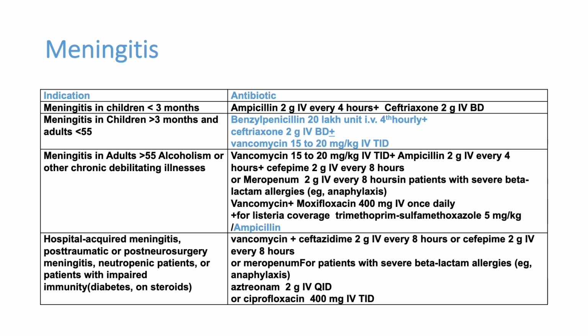Recent guidelines say vancomycin can be given along with ceftriaxone. Vancomycin with ceftriaxone instead of penicillin with ceftriaxone. If the patient is having extremes of age like a very young child or a very elderly individual, we have to suspect listeria and we can add ampicillin. Ampicillin 2 gram IV TID or QID can be started in this type of patients.